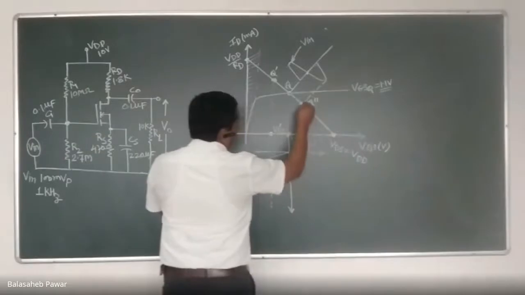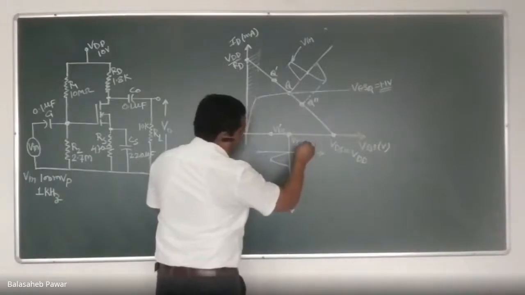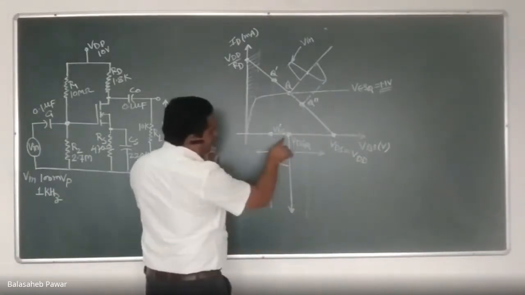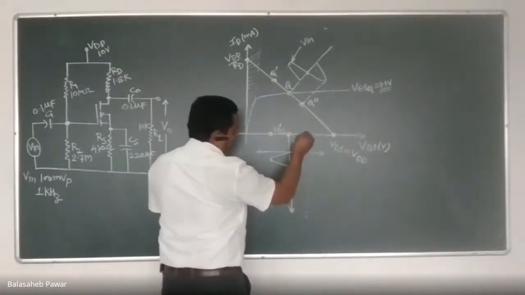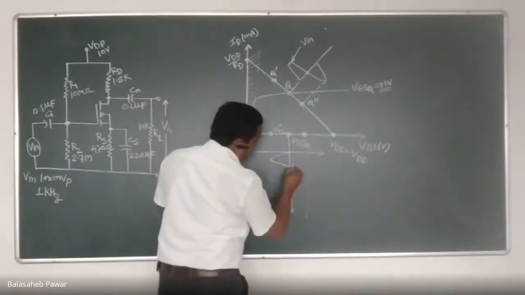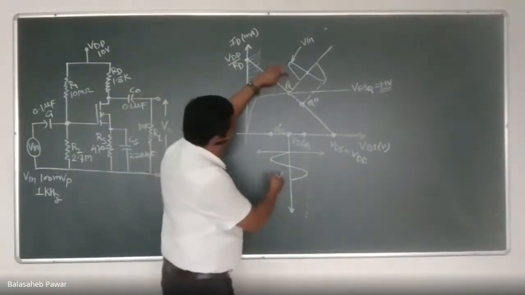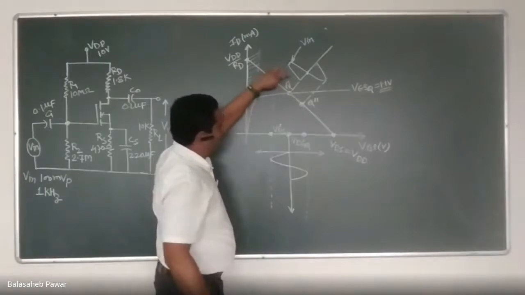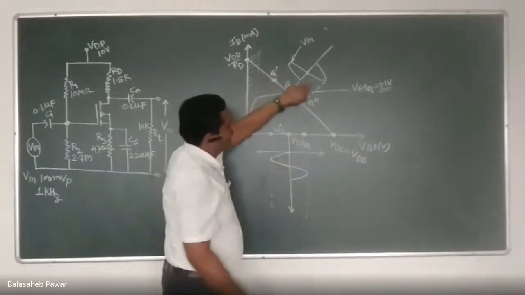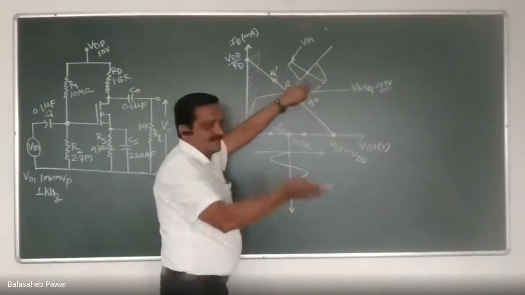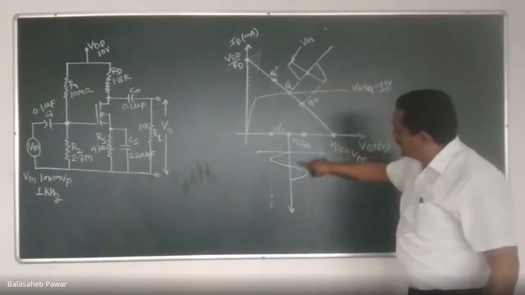Now observe the effect on VDS respective to that Q double dash. You will observe that VDS gets increased, towards VDD, correct now? That means the operating point gets shifted like this, and hence the net output voltage will look like this. So just check these two waveforms. What is happening? When the input signal is going positive, the output obtained is negative. And whenever the input is negative, the obtained output goes positive. That's why we can say there is a 180-degree phase shift between the applied input and the obtained output voltage.